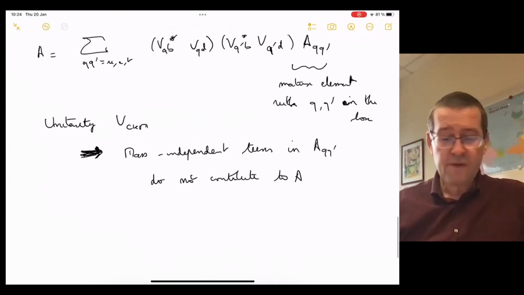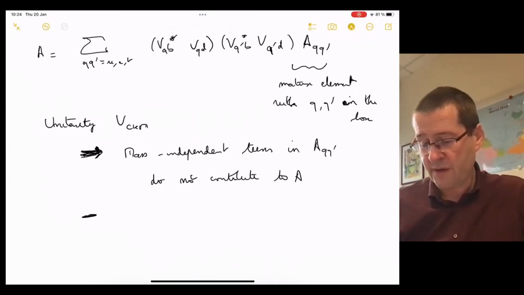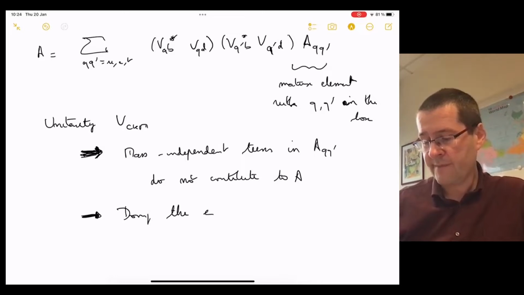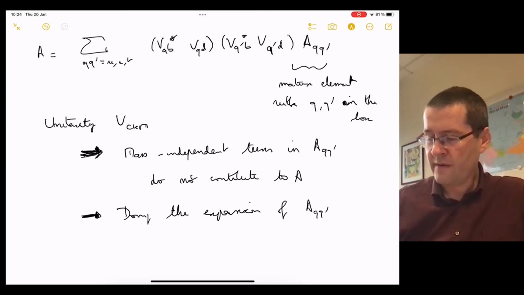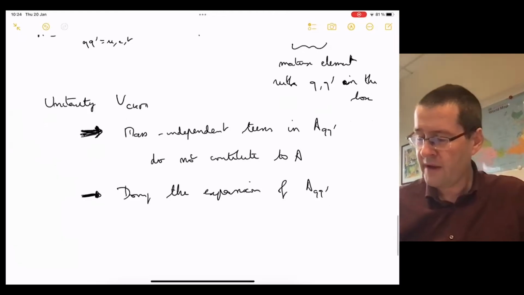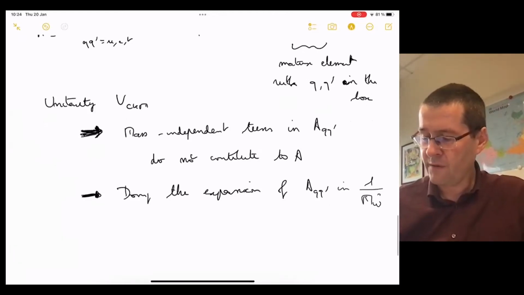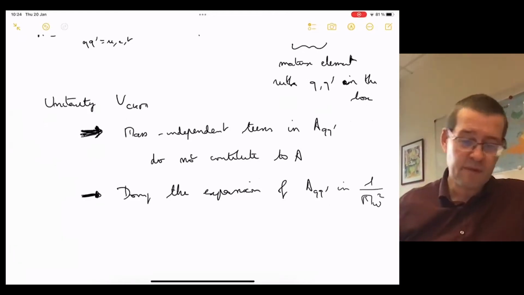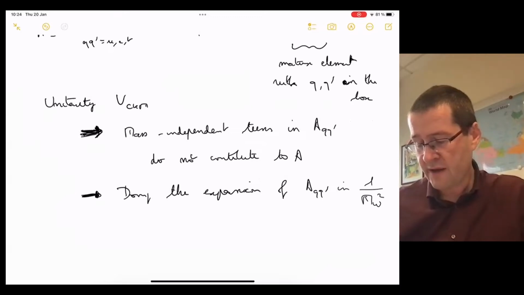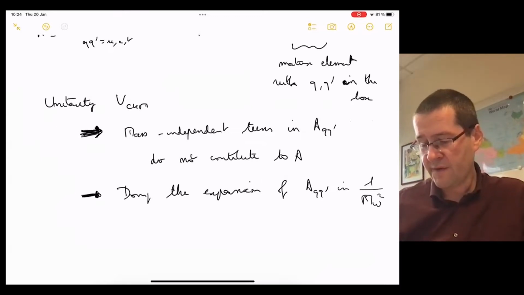And so that means that once again, we are doing the expansion of A_QQ prime in 1 over MW squared. You can check explicitly, but I gave you the argument that you have a contribution that scales